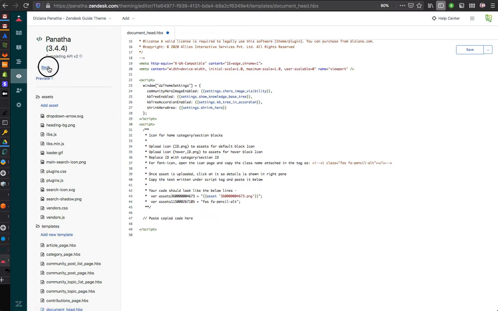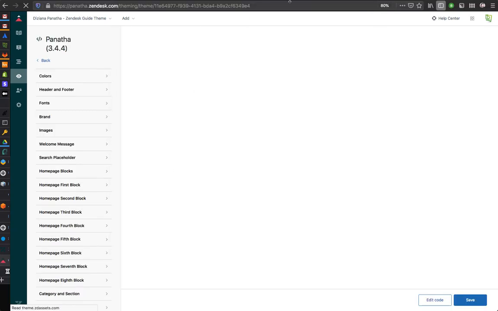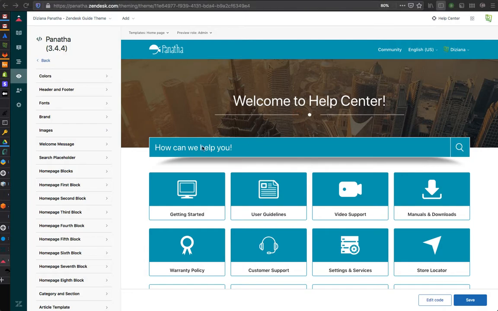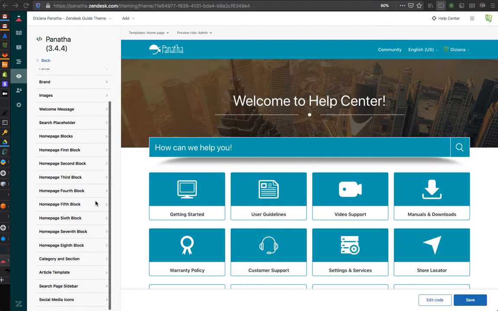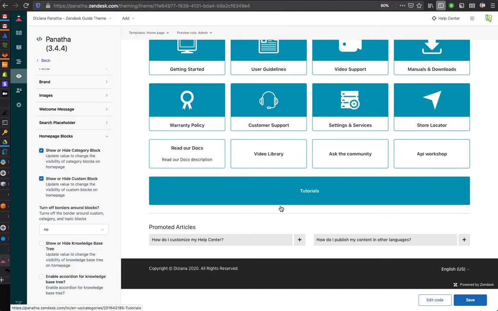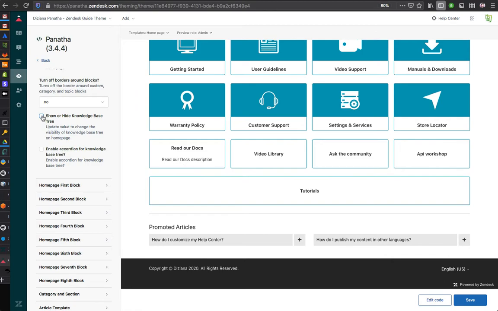So let's go back. I'll just walk you through the settings. You can enable the category blocks, and you can see all the categories are shown. There is another component that we have in our theme.